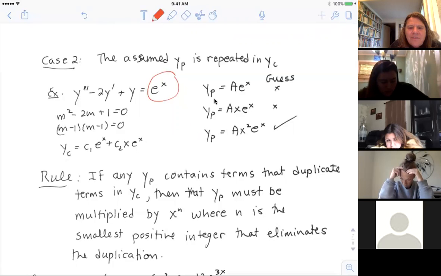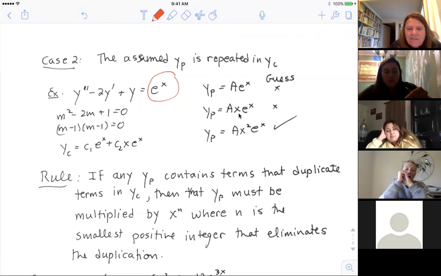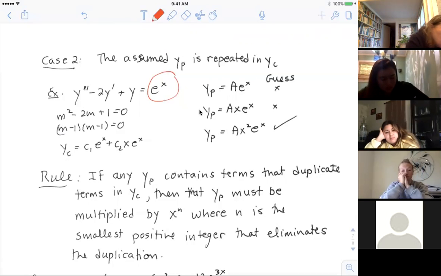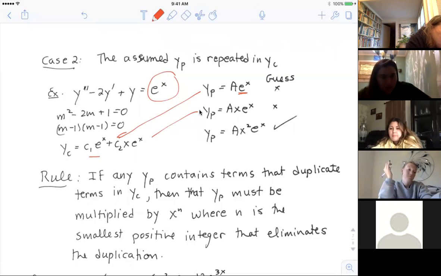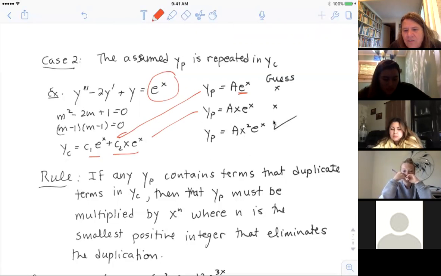So let's move it to another guess. A x e to the x. Let's add one more x. That gets sucked up in this piece. So that was no good either. Neither one of those are any good because that one has a constant times e to the x in it. This one, this YP, when I bumped it up a power, had this one in it. So my next thing, bump it up another power. There's what I need to start with.